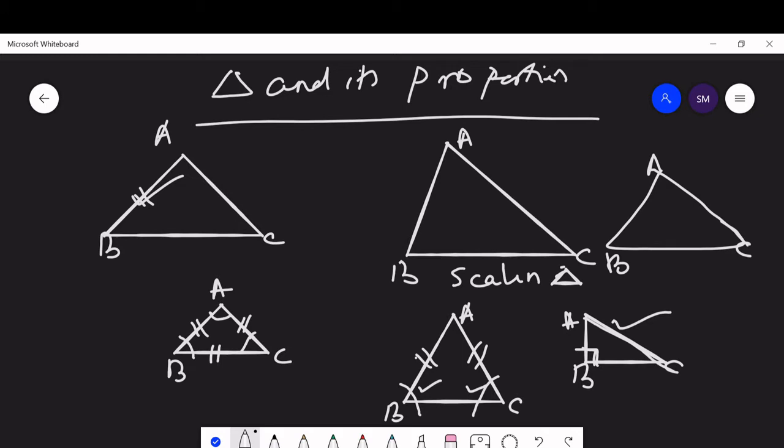Then an obtuse angle triangle is a triangle in which any one angle is an obtuse angle. ABC is an obtuse angle triangle where the measure of B is obtuse, which means its measure is greater than 90 degrees. Then the equilateral triangle property says all three angles are of equal measure. The isosceles property says the angles opposite to the equal sides are of equal measure.